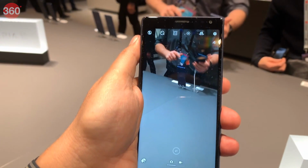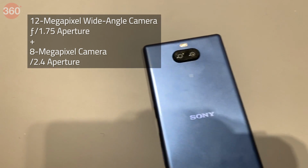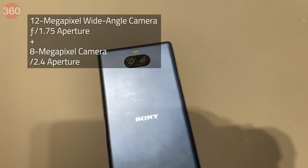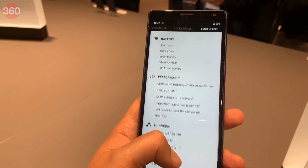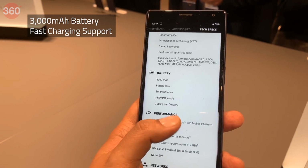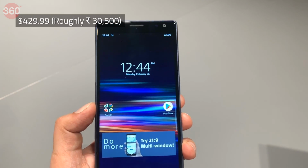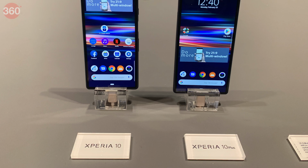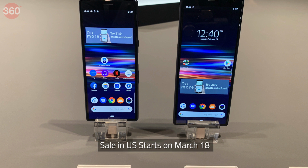The Xperia 10 Plus also sports a dual camera setup but with one 12MP wide-angle camera and another 8MP camera. It has the same camera features and front camera setup as the Xperia 10. The Sony Xperia 10 Plus packs a larger 3000 mAh battery with fast charging support. Its price has been set at $429.99. Both phones will be available in black, gold, navy blue and silver color options and will go on sale